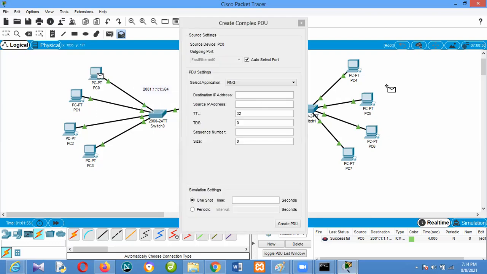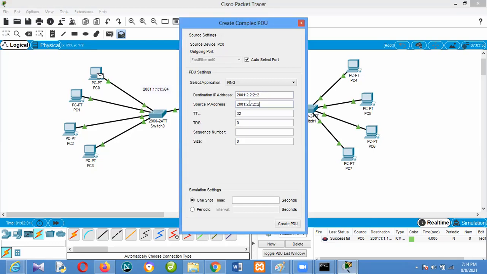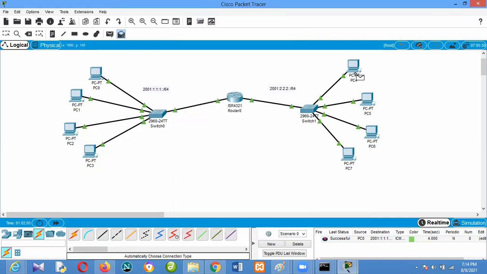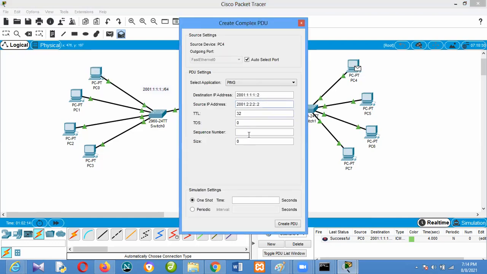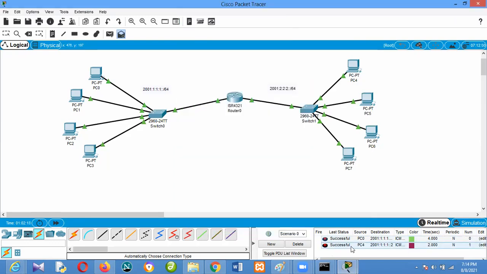Here to here, the source is not appearing. Let me use this guy. The destination appeared. The source is this. Put any number like 2 and 2. Great, it is successful.